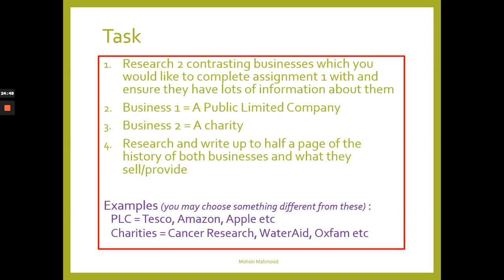Your first business has to be a public limited company, so make sure you pick a public limited company. And your second business has to be a charity, so make sure you pick a charity. You then have to research and write up to half a page of the history of both businesses and what they sell or provide. You can just talk about how they were created,